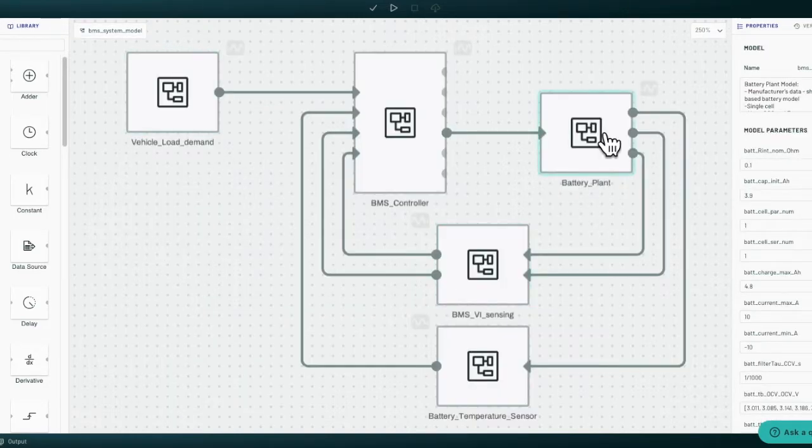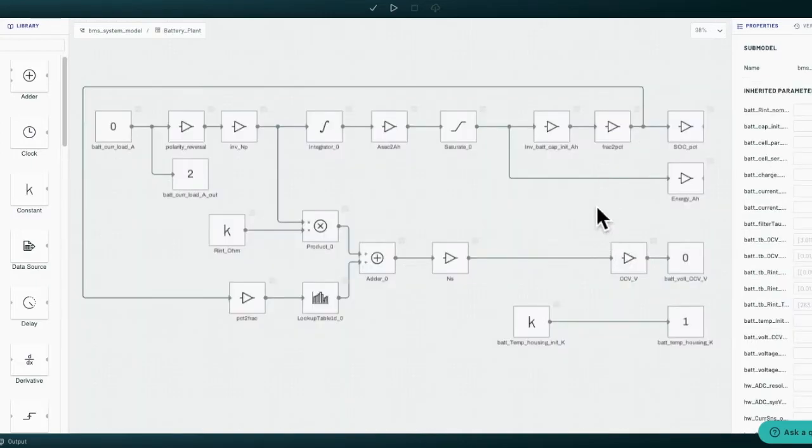Now we will look at the battery plant. Inside the battery plant, we are using the battery current in ampere to arrive at a SOC value, which is later used with a lookup table here. The SOC value is input to this lookup table and the output is the open circuit voltage of the battery or the cell. We are also using internal resistance information in terms of an electrical equation to arrive at closed circuit voltage